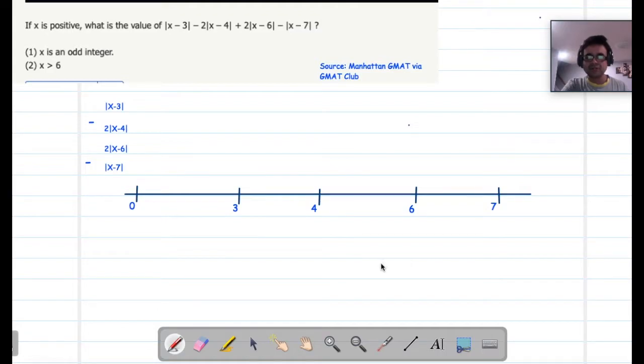Hello, everybody. So today we are going to solve this daunting looking absolute value question from Manhattan GMAT, which was